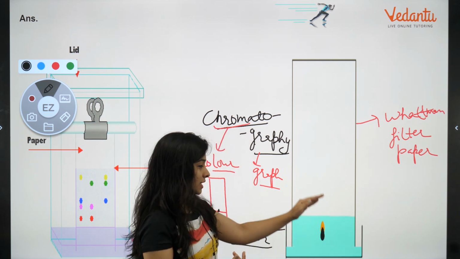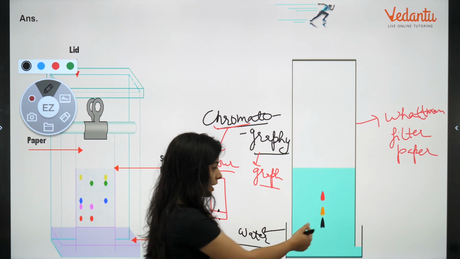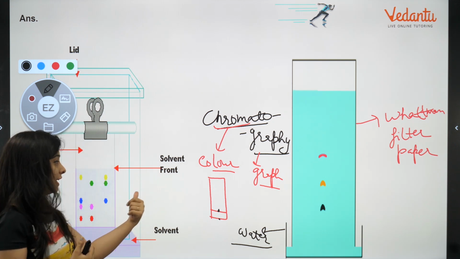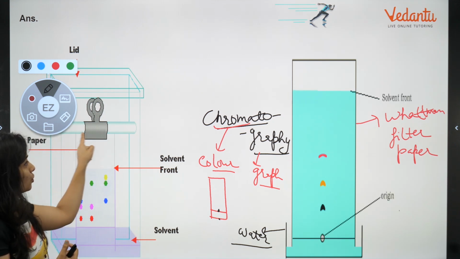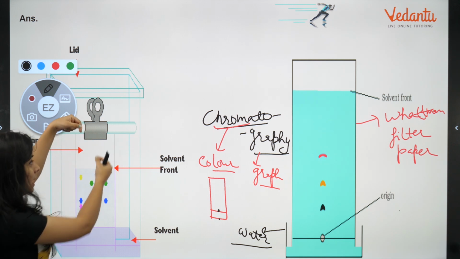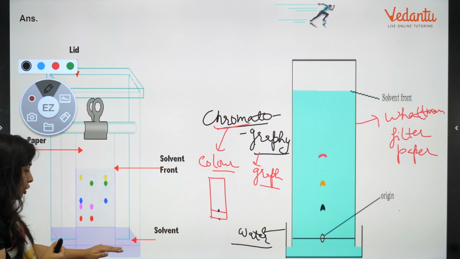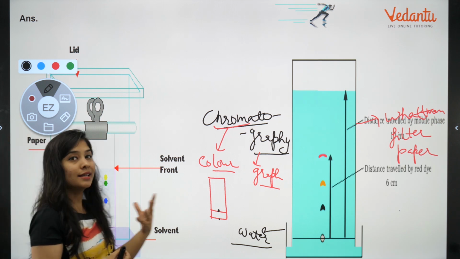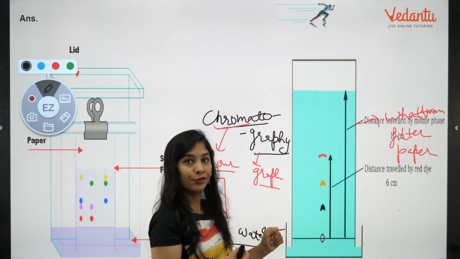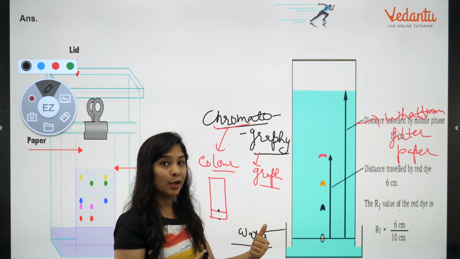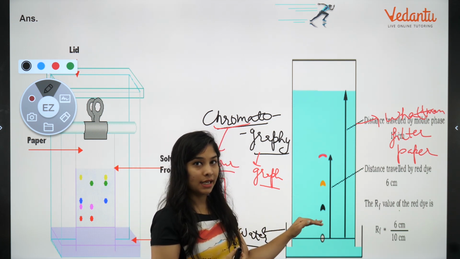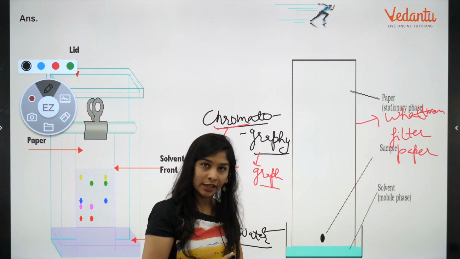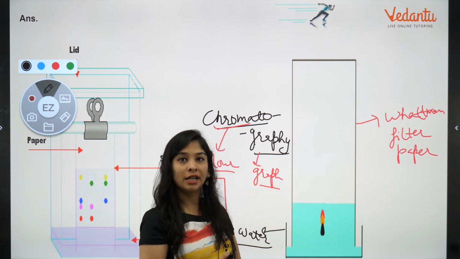So what we will do, dip it, then what to do: you have to hang it with a glass rod. For the sake of convenience, I have taken another picture also. So there is a glass rod, you have to take a clip and hang it, so that only the surface is touching the water, which is a solvent. Now, what is the principle behind it? How are the different components going to separate? Just because all of the components present in dyes have different solubility towards a solvent. Solvent means water here, so they have different solubility towards water.